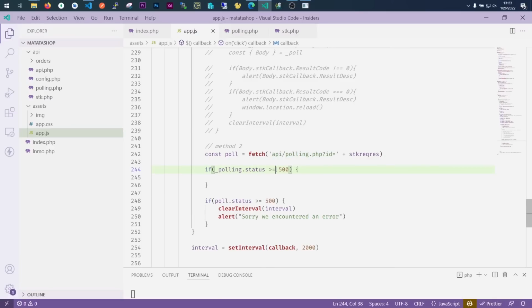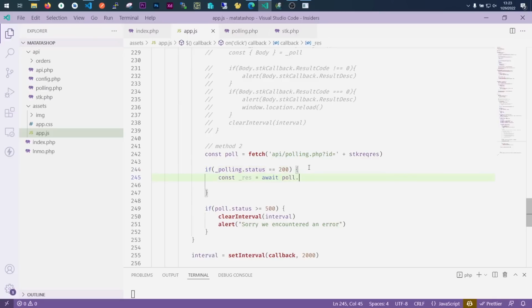But now, let's call this response. It goes to await poll, not JSON. This is supposed to be poll, not polling. So it's going to be poll.json. So here,